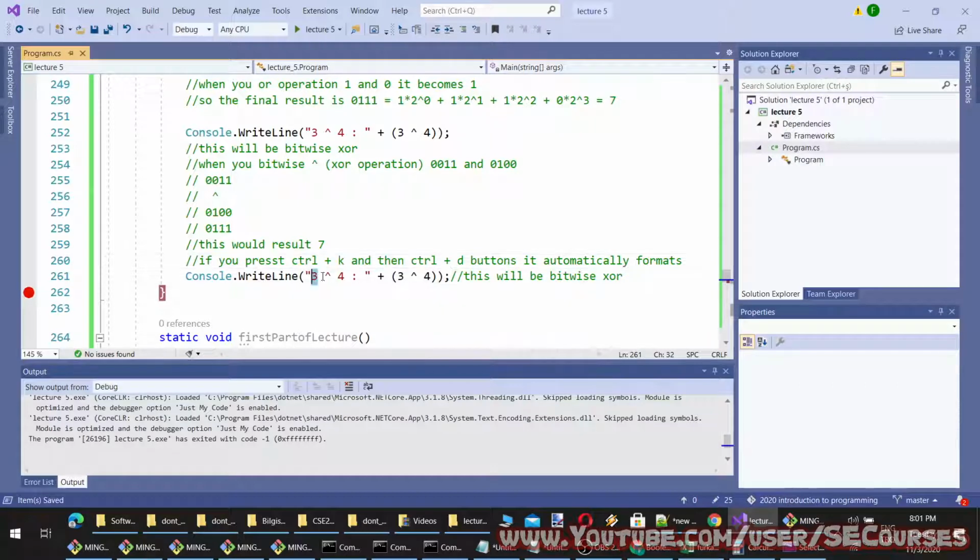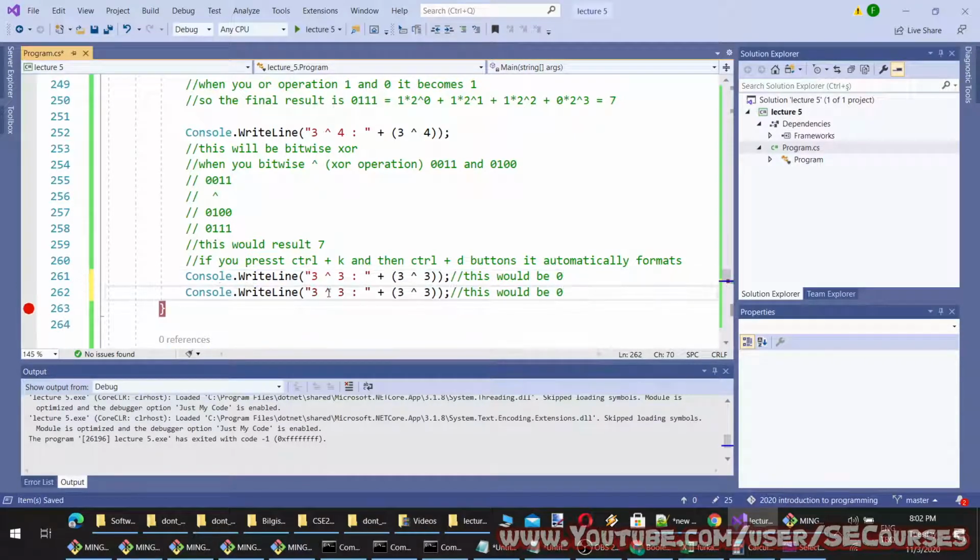So I'm going to bitwise 3, 3. What would be the result of this? This will be 0. And when I XOR 3, 3, this will be 3.